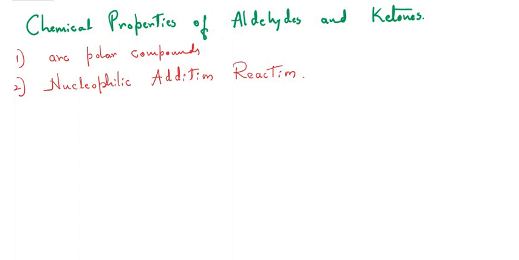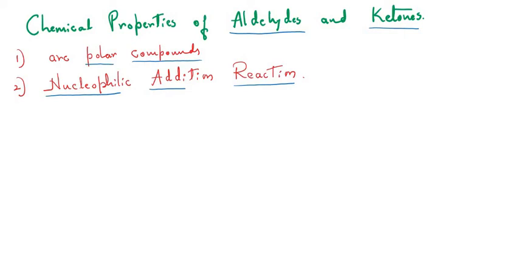Now we are going to learn the chemical properties of aldehydes and ketones. When we have to learn chemical properties, we have to concentrate on 2 points. First point is that aldehydes and ketones are polar compounds, which we have already learned just now, and these compounds will undergo nucleophilic addition reactions. This point you have to remember, students. Aldehydes and ketones undergo nucleophilic addition reactions. One has to remember that alkyl halides undergo nucleophilic substitution reactions, whereas aldehydes and ketones undergo